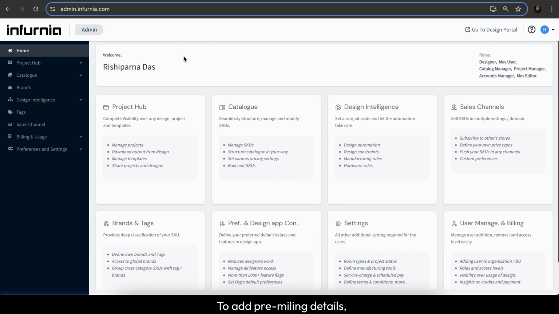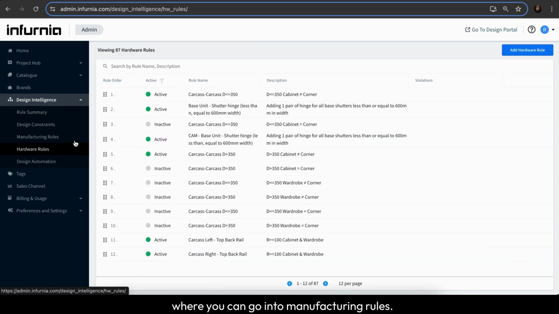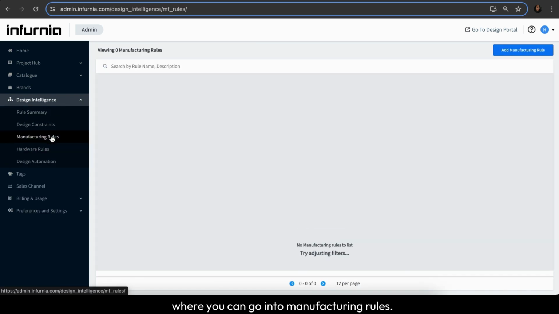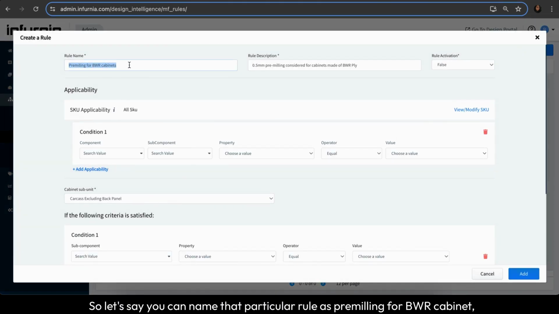To add pre-milling details, go to your admin portal, and herein you have the option of design intelligence where you can go into manufacturing rules. Here, add a new manufacturing rule. So let's say you can name that particular rule as pre-milling for BWR cabinets, and you can add more information